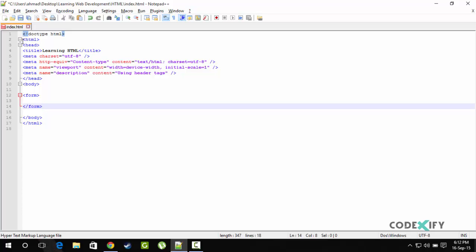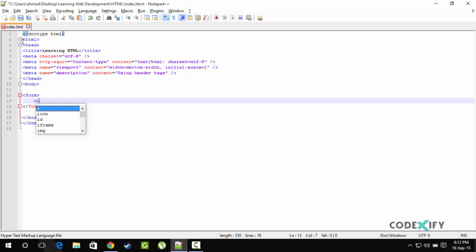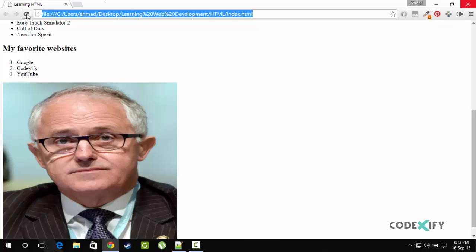Now we are going to create the simplest form type, which is an input. So an input can be several different things, but the standard one is a text input. So we say input type is equal to text, and we just close it there. So for a moment, let's have a look. How does it look? Okay, pretty obvious. We can put some text in the field,